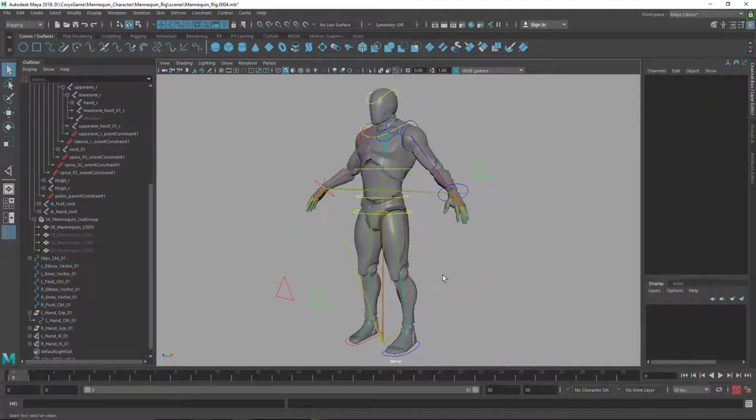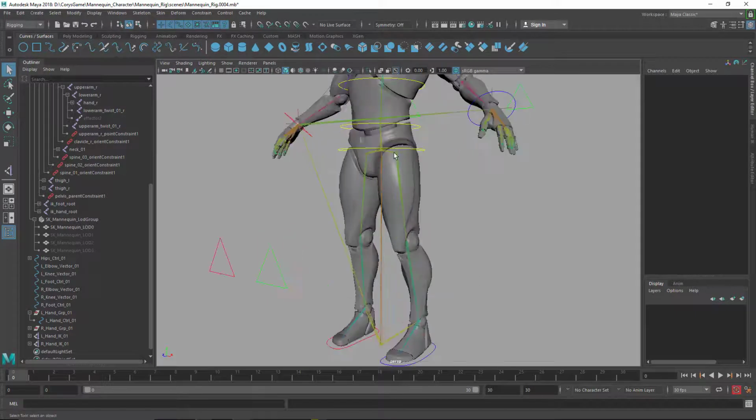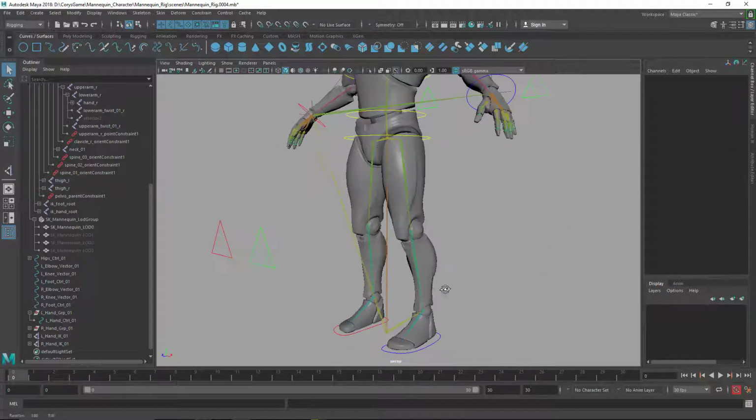So let's work on the legs now. Alright, so this is a similar process to the arms. Let's just make sure, let's take a look here. And it looks like we're going to have the same rotation issue as we did. We'll see what we get. Alright, so I'm going to go up here to skeleton,